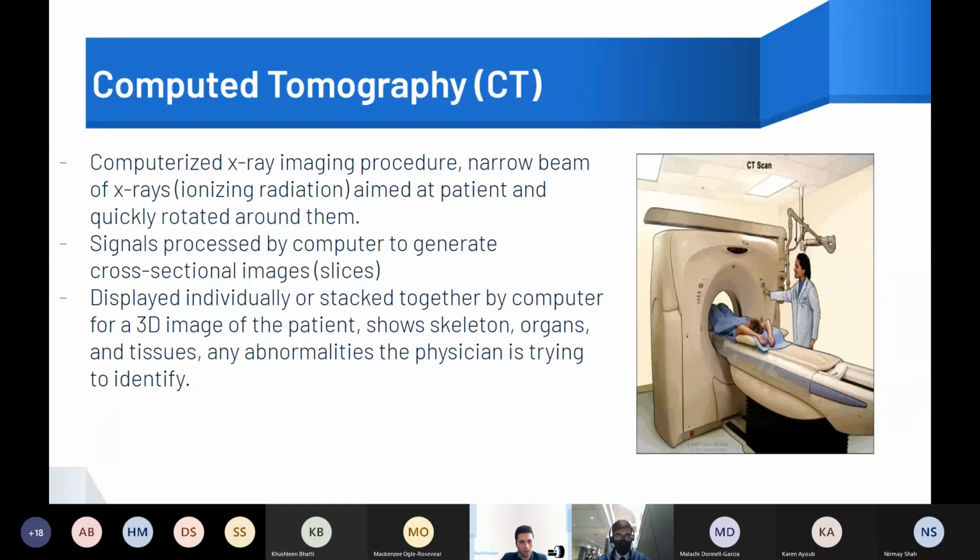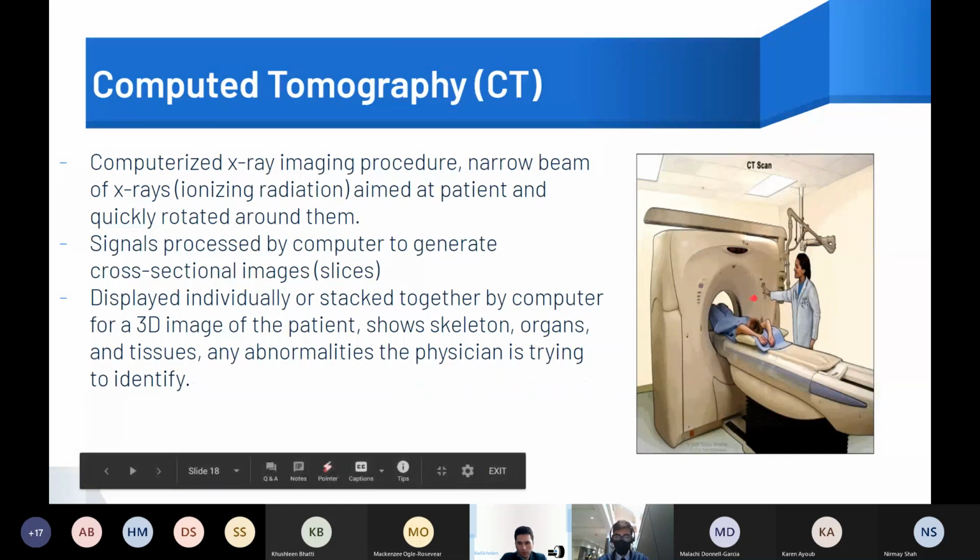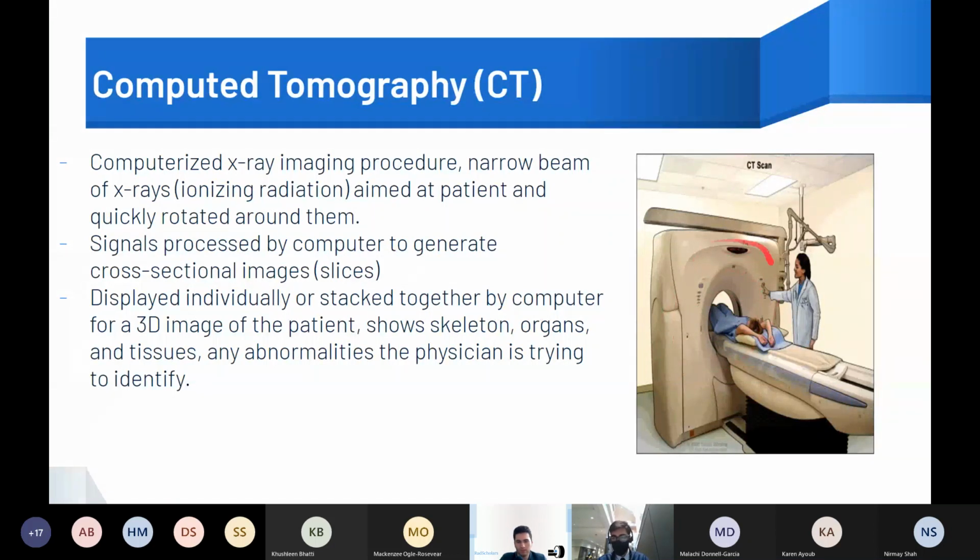Lastly, I want to talk about computed tomography, called CT, and this is probably also something that you've heard of before. This is a computerized X-ray imaging procedure that's more precise than a regular X-ray. It's a narrow beam of X-rays, so it is again ionizing radiation aimed at the patient, and then it's quickly rotated around them. So again, this donut shape is not a magnet this time. It's just an X-ray that spins around the patient, and it creates MRI-like images of different slices in the body,